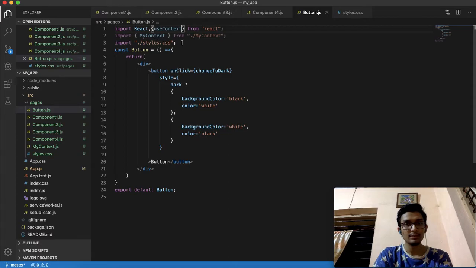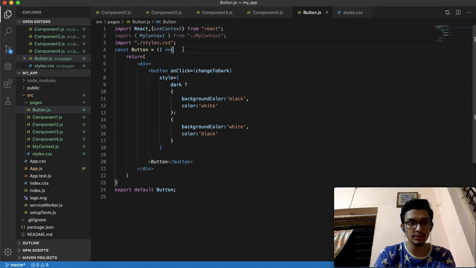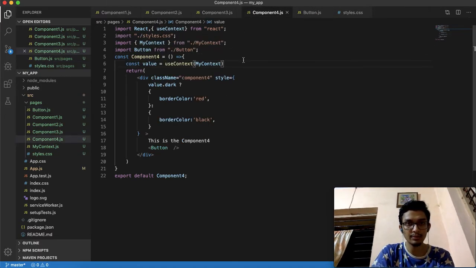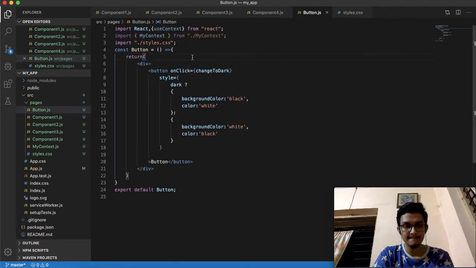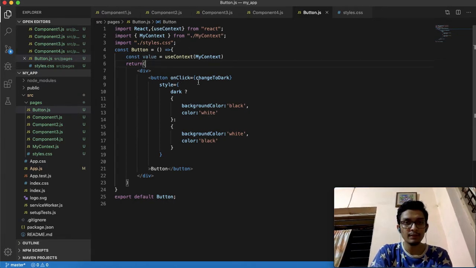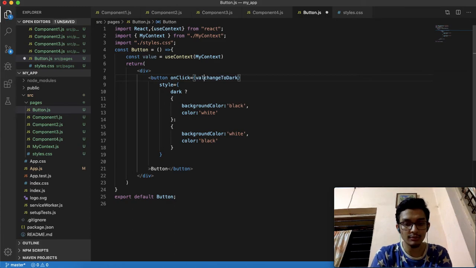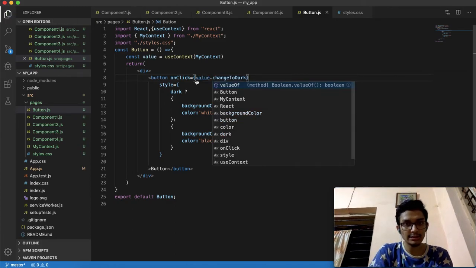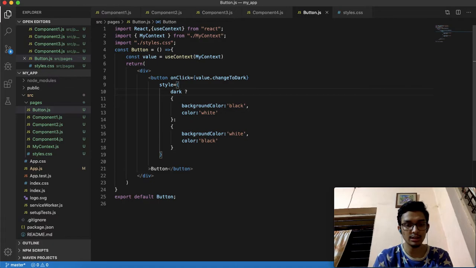Similarly I will also use it over here. Let's copy it. I am also going to use it over here. So value dot change to dark, value dot change to dark, and value dot dark.